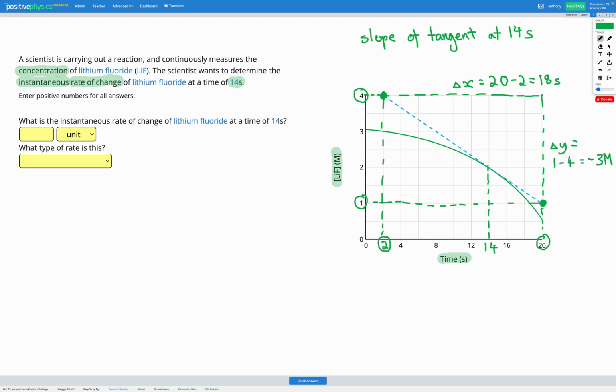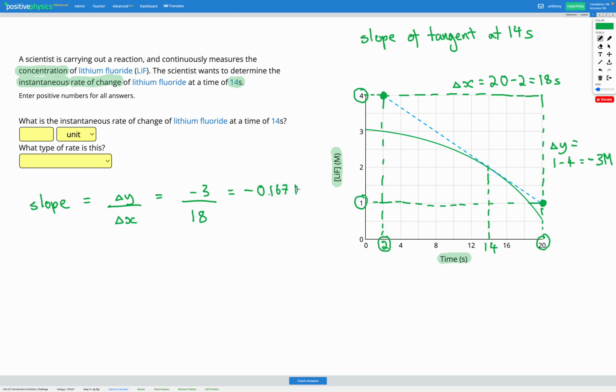So to get my slope, I'm going to do my change in y divided by my change in x. My change in y was -3. My change in x was 18. And that gives me a slope of